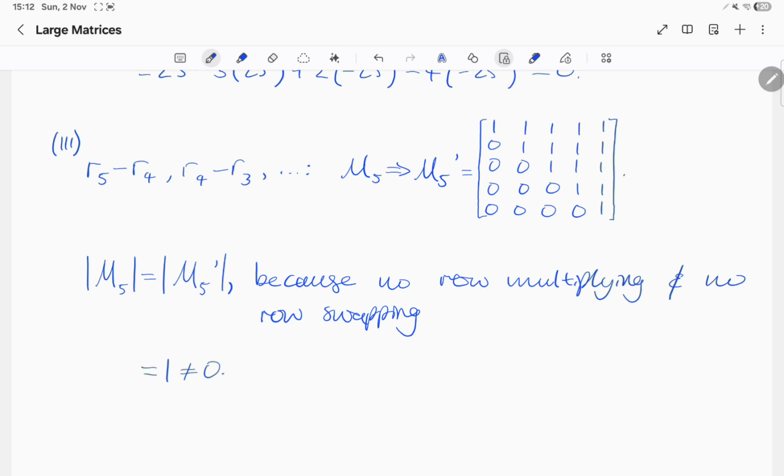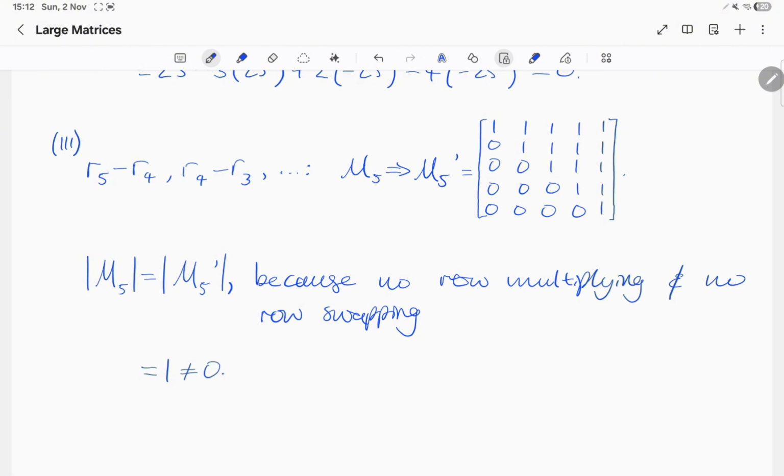Instead, we're going to use some elimination to convert M5 into M5', which is an upper triangular matrix. Here, I'll be using row 5, take away 1 of row 4, and putting that back into row 5. Row 4, take away 1 of row 3, and putting that back into row 4, etc. And this gives that M5' is equal to the top triangular matrix filled with 1s, and the bottom triangular section